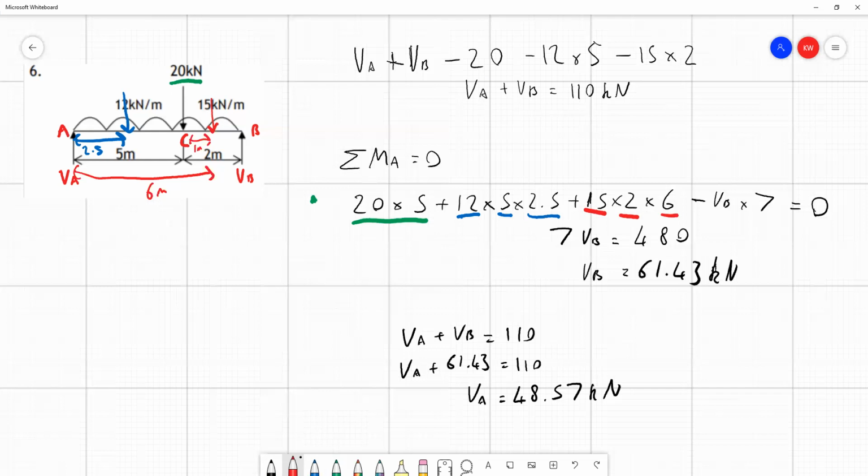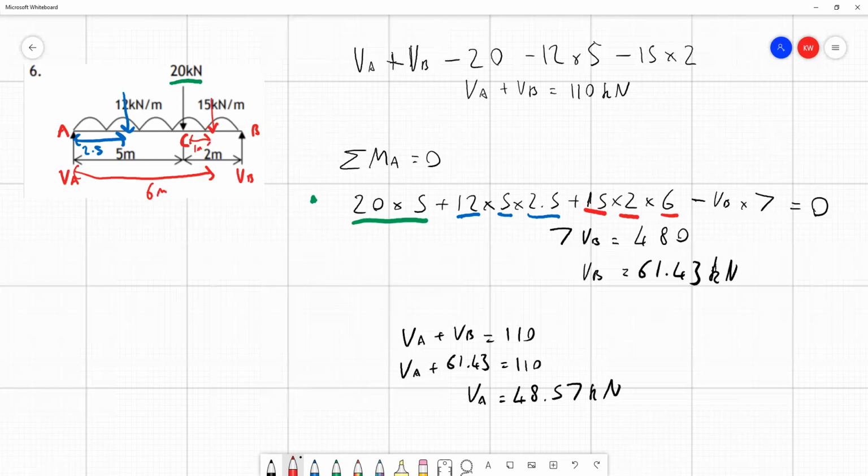We'd be expecting that if it was just a standard beam and it was halfway along the 1 meter, but it's not. It's how far along the UDL it is, how far that point is halfway along the UDL from point A. And we're left, as you'd expect at the end, with minus VB times 7. VB is acting in a counterclockwise direction, and the total length of the beam is 7 meters from A to B. So if we put all of these in, we can add 7 VB across,